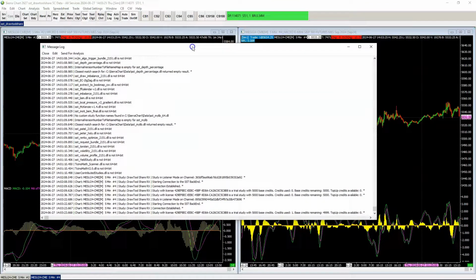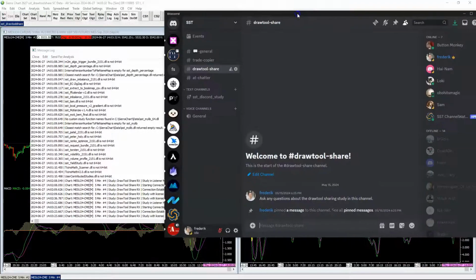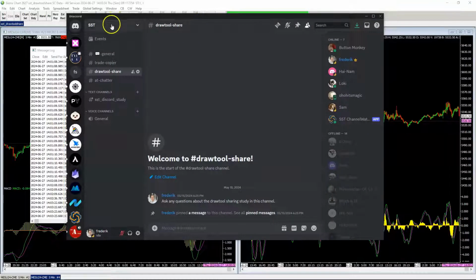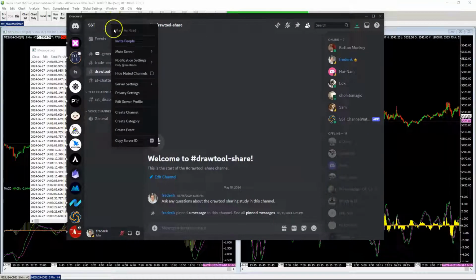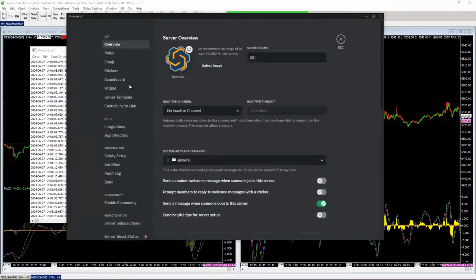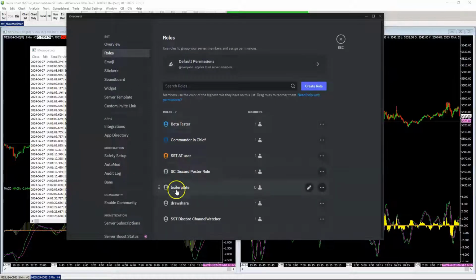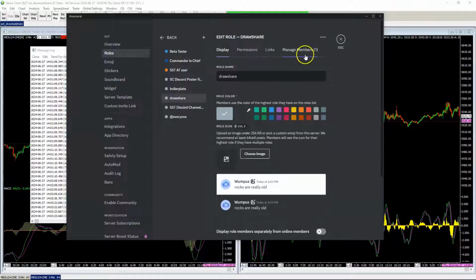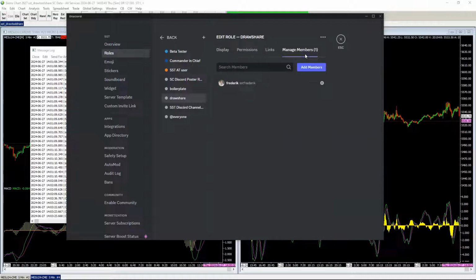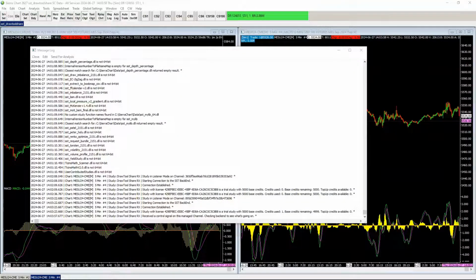So with that, the message log will tell you if that's successful, and it is in this case. Right now I'm in Discord here on the server. I'm going to go to server settings here, roles, and my DrawShare role ID, which I use to generate the token. I've been added to this channel. If I remove myself, I should also automatically be removed from the channel backend,